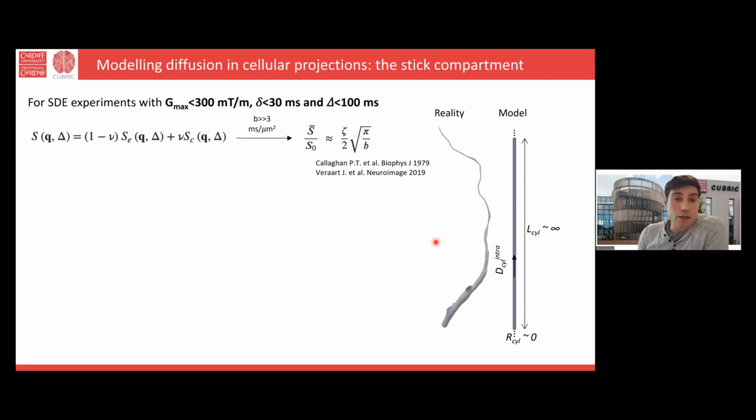Now, what is the cool feature of diffusion inside sticks? If you go at very high B value, the signal functional form is very peculiar and characteristic. The signal at high B scales like 1 over square root of B. So as a form of validation of this model assumption that the fiber can be approximated as a stick, one way is to just push your B value very high and see if you get this characteristic scaling with the B value.